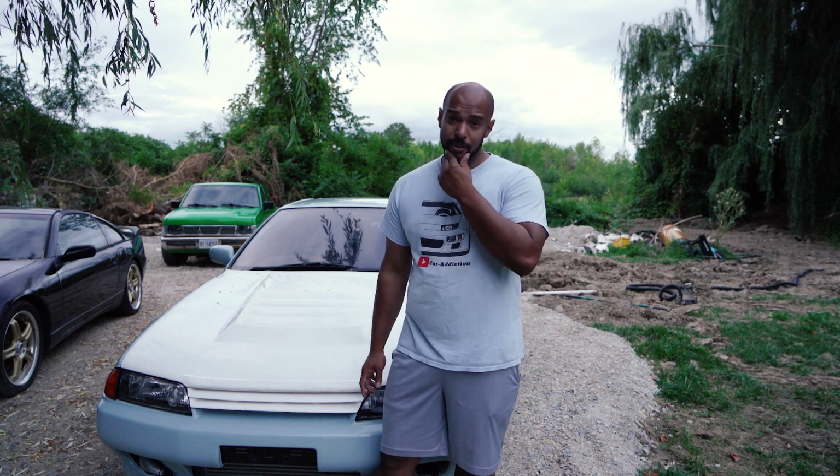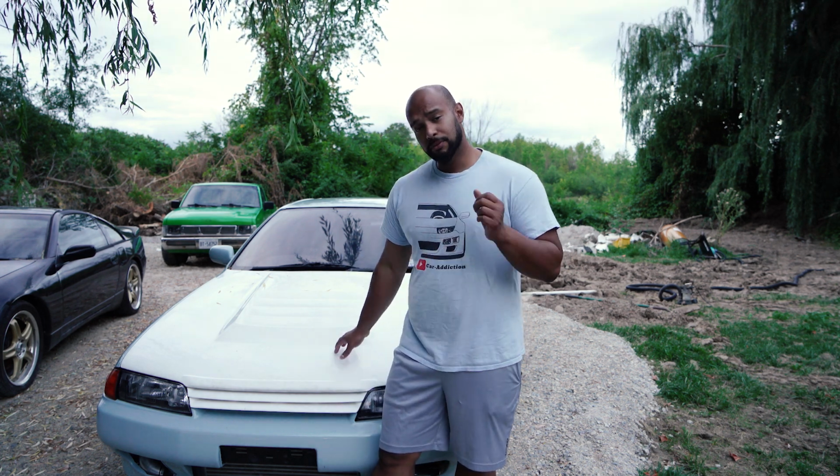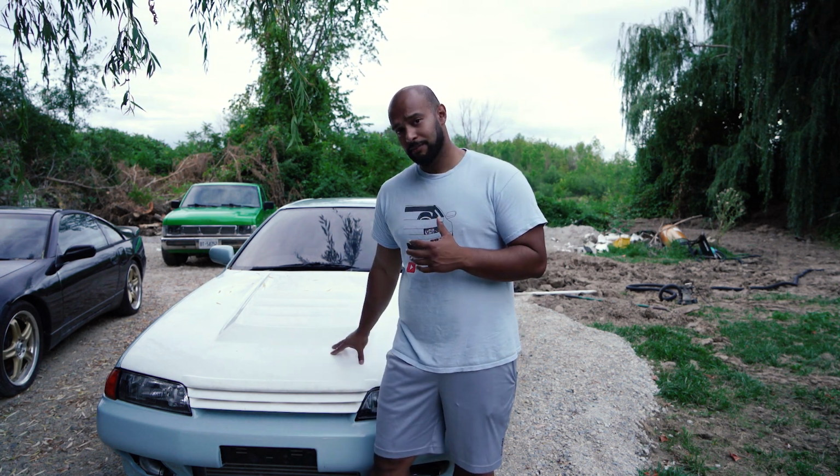Now, in terms of price point, for a GTS-T hood, the cheapest one I found was about $250. Not in Ontario, it still had to be shipped in from wherever they were, Calgary. To get a hood shipped in from Calgary is about $300. So by the time it's said and done, I was looking at $550. This one, though, something that I wanted, was $650 plus tax and shipping, $649 Canadian. To me, that was a far better alternative, and also because of the holes and whatnot, this comes